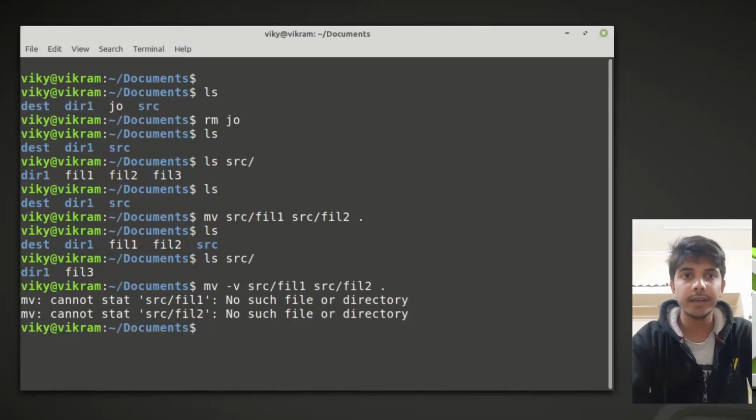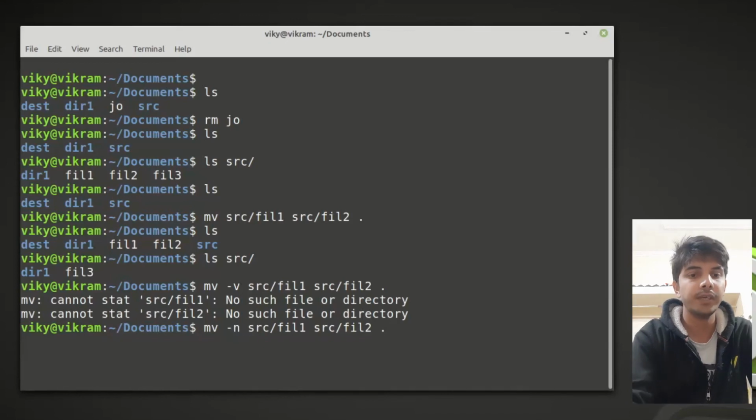All right, if you want to stay protected from overwriting, then you can write the option -n. Okay, it is not going to overwrite the file. Or you can use the interactive option, which will tell you that you are going to overwrite the file, and you can use the verbose option which will tell you what exactly happened.